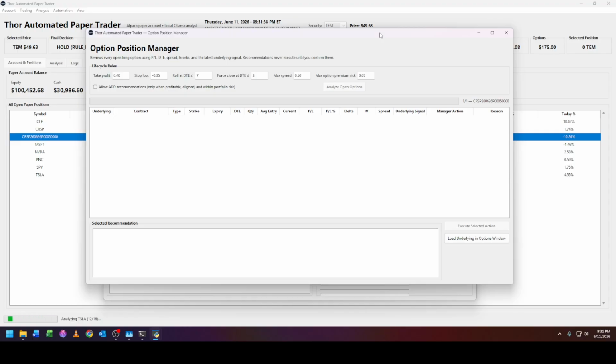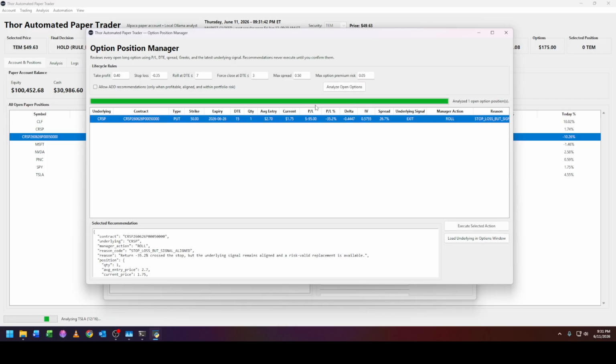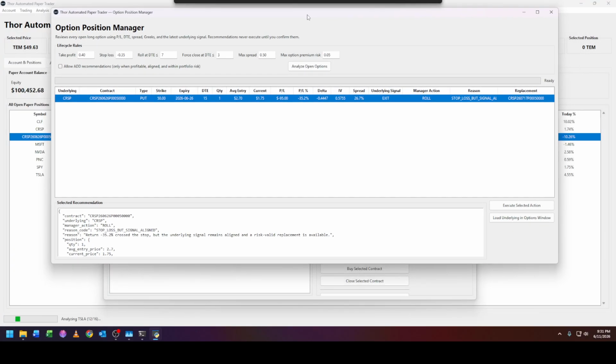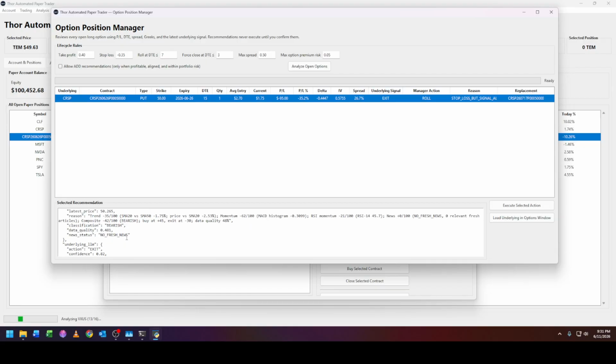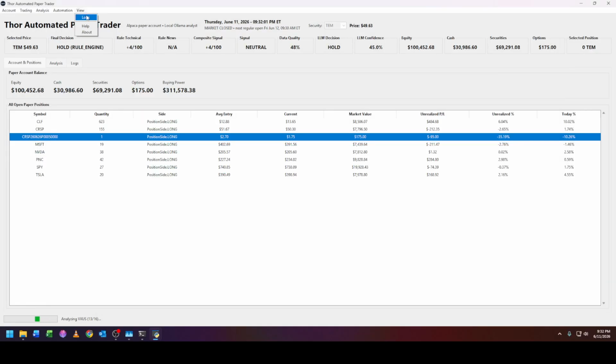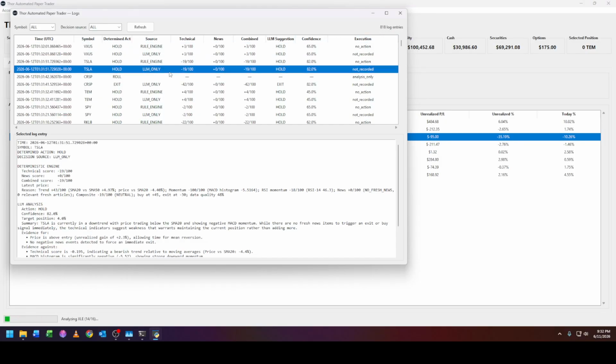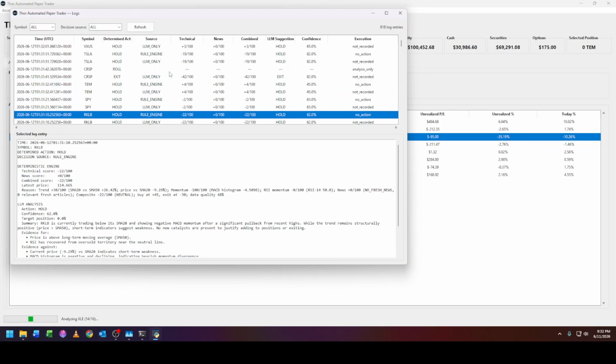So it's going to take a little second because it's already running the Tesla analysis down here, and now it's trying to analyze. There you go. So here it says, roll. Here's the implied volatility, the delta, and the expiry, and here's how it came to the decision. And this all goes into the historical logs. So I've been testing this thing all day. It's got a whole bunch of logs. And so all of these are referenceable,